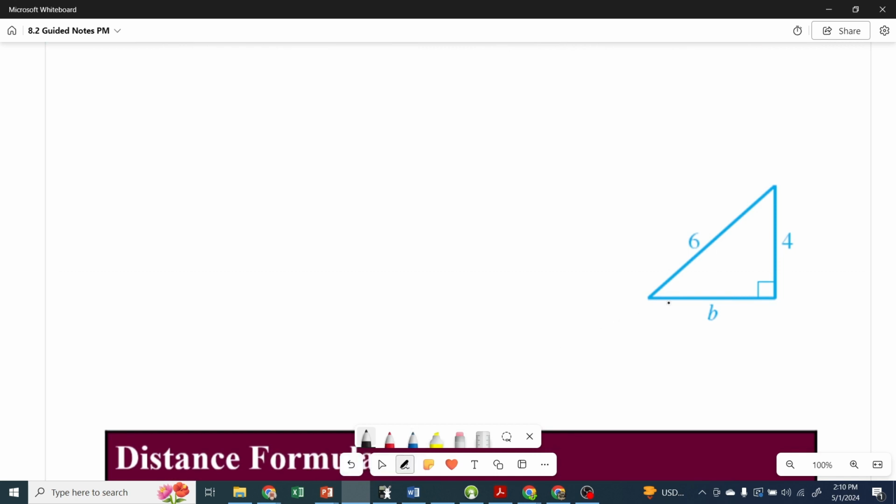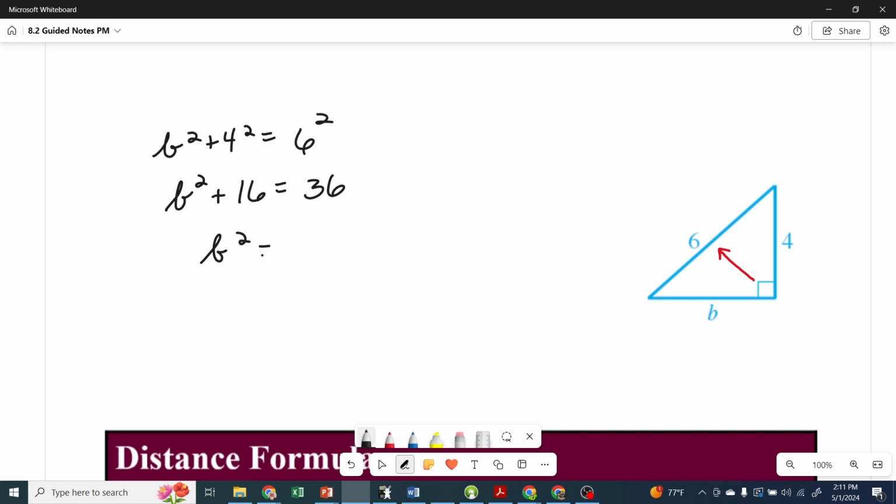Okay. Over here, which one's our hypotenuse? Well, it's opposite here, so 6 is our hypotenuse. So we would have B squared plus 4 squared equals 6 squared. So B squared plus 16 equals 36. Subtract 16 from each side, I get B squared is equal to 20. Take the square root of each side, I get B is equal to the square root of 20,